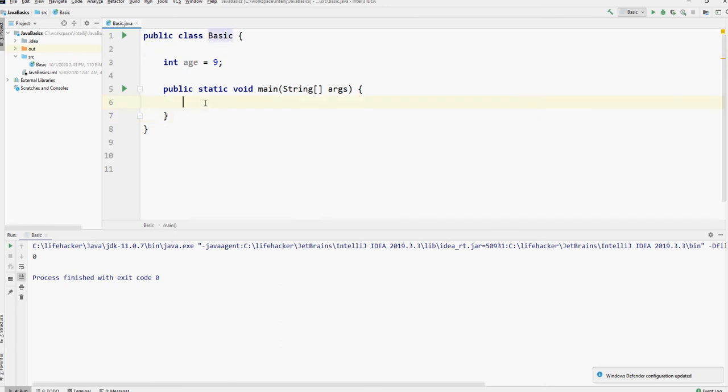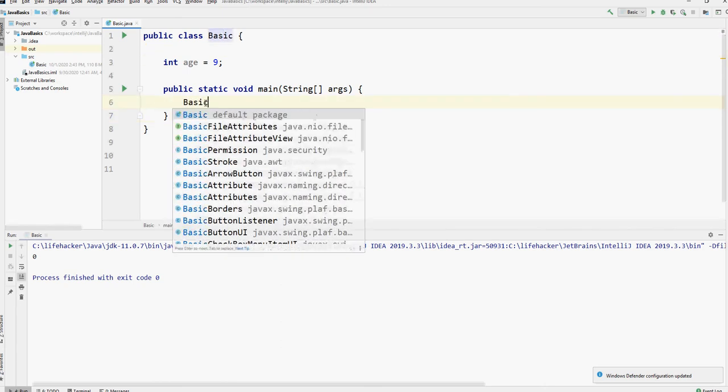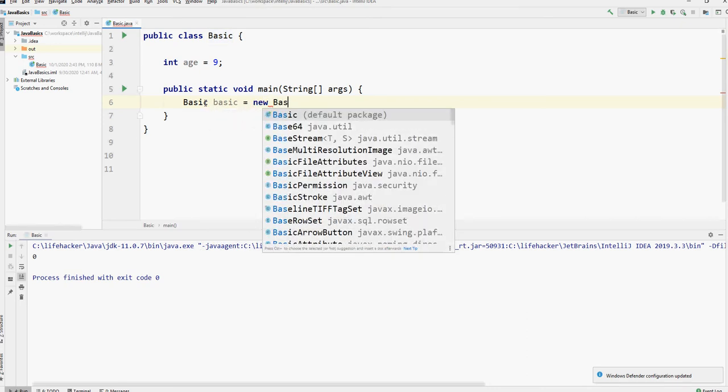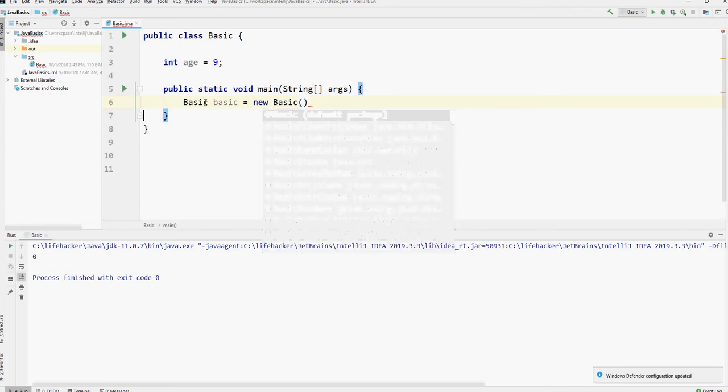If I create an object of this class, Basic b equals new Basic, as you can see, I have created an object of type Basic, and this object has int age in memory.